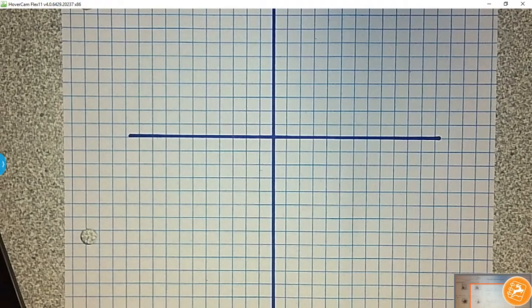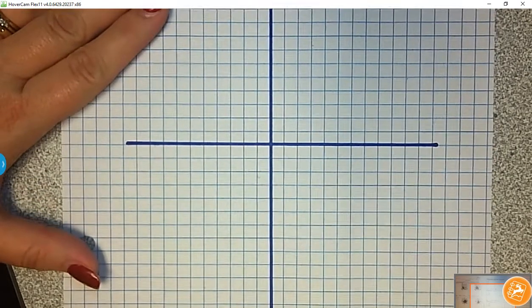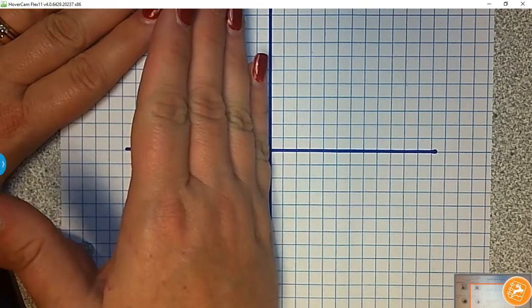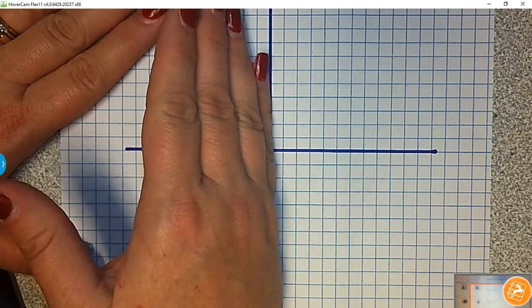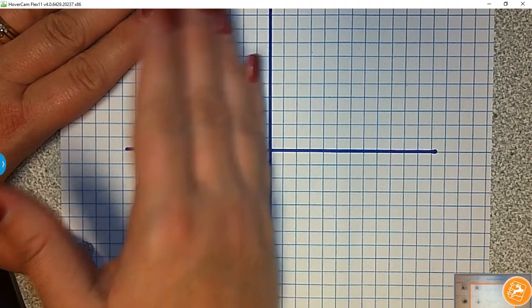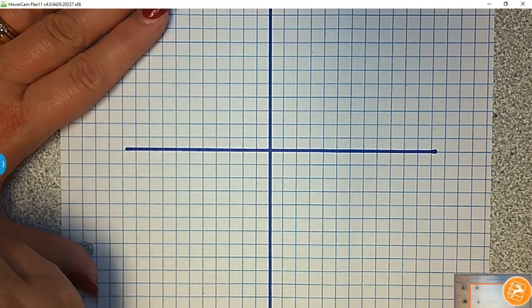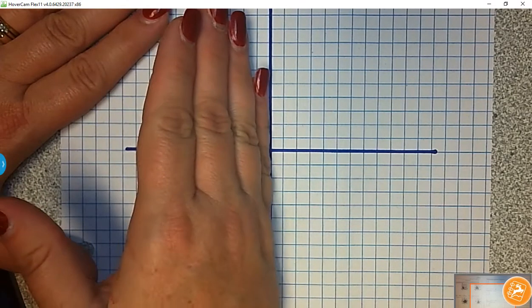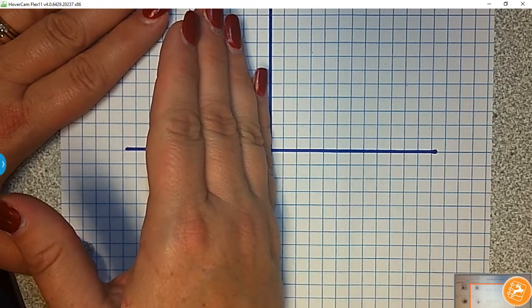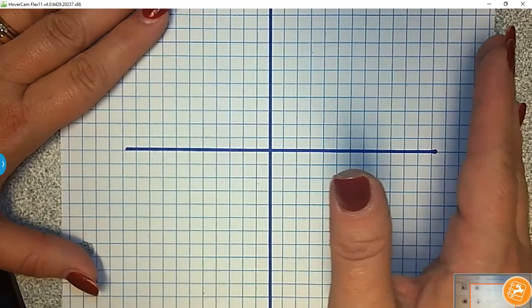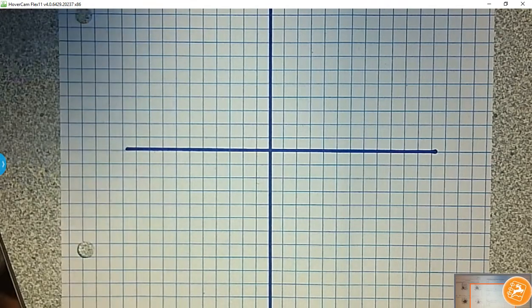All right, if I'm going to graph x is greater than or equal to 0, isn't that going to be a vertical line? And which way will it shade if it's greater than that? Greater than 0 is going to be right or left? Right. So far I am shading,